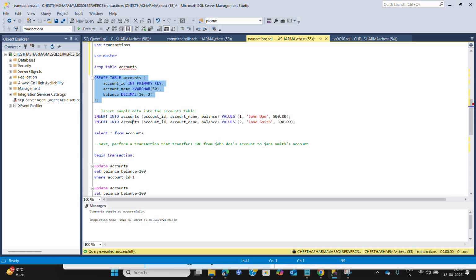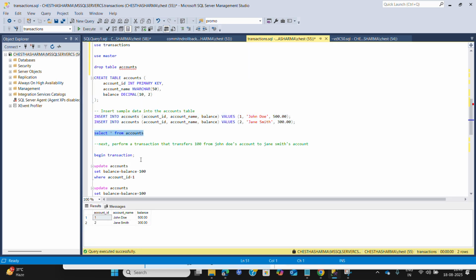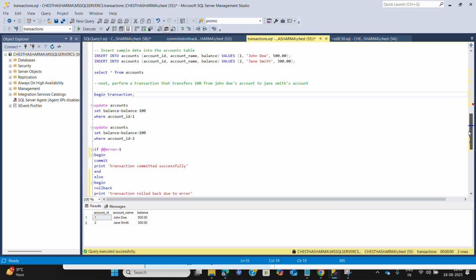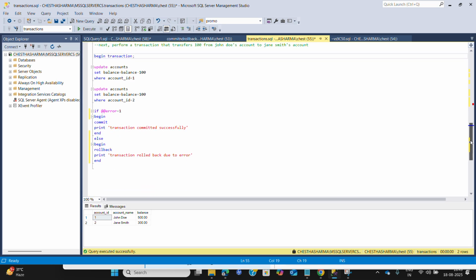After that, we will insert these records into this table, and now I have to write a transaction. To write a transaction, first we need to write BEGIN TRANSACTION. After that, I can write my update statement. And then the IF condition is optional, it is not necessary in a transaction, but it is required as per the problem. That's why I wrote this.